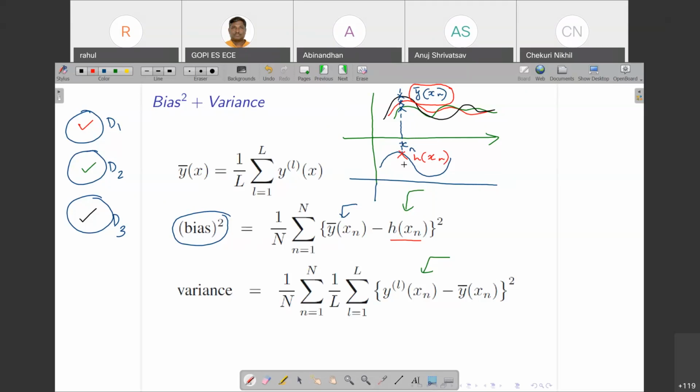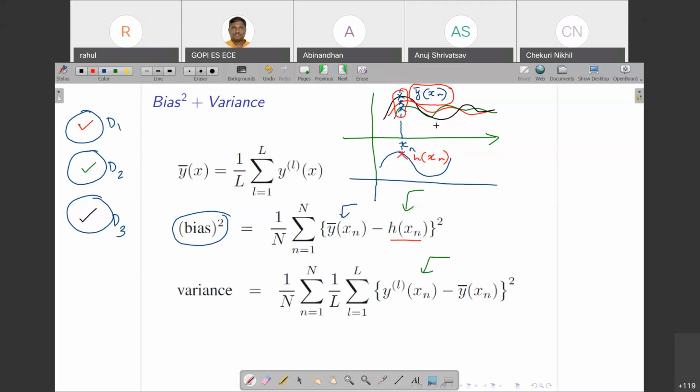This is the error you are actually finding out. Remember that what I'm doing is very important. You are taking this averaging over all the values here, that is y bar of xn, right? The original value is going to be your h of xn, and you are trying to find the difference, y bar of xn minus h of xn, the whole square, and you are doing this for all possible values